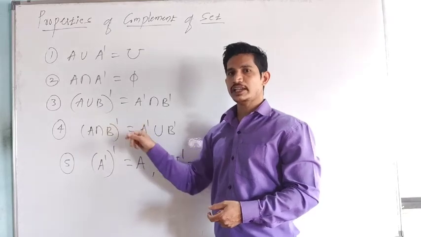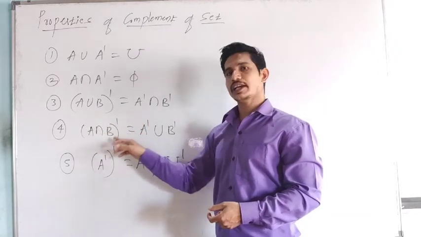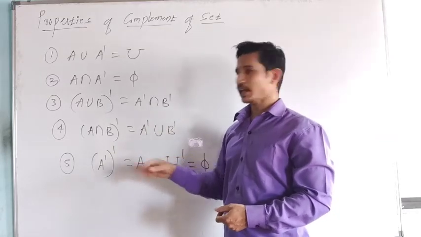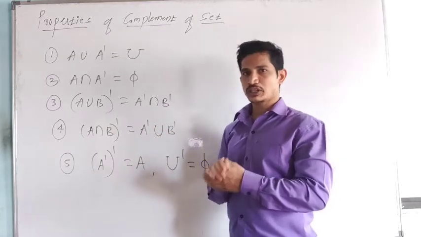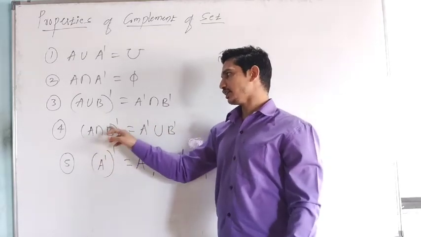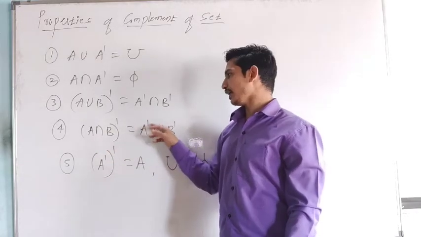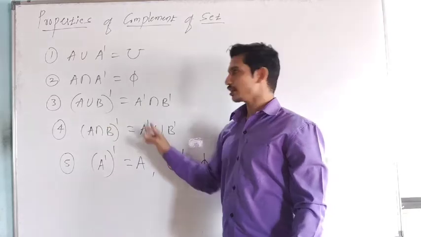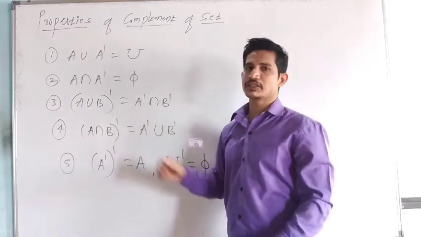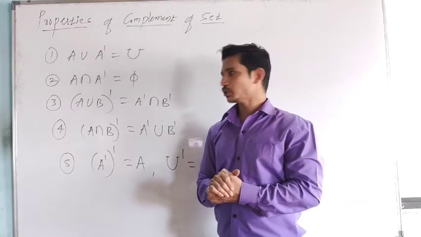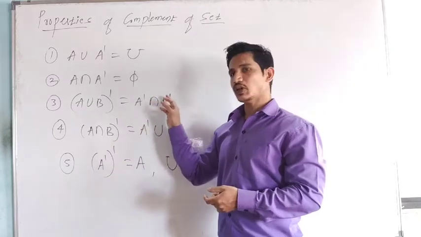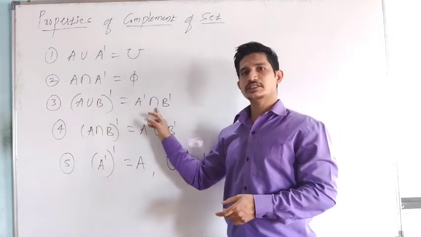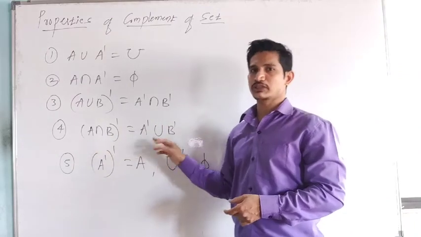Intersection's opposite is what? Union. So in the intersection, union is the opposite, and B is dash of what here? B dash. So always, A intersection B its dash is what here? A dash union B dash. If intersection is there, union will come. If union is there, intersection will come. Okay, so what is this called here? It is called the complements of a set property. If there is a union, intersection will come; if there is an intersection, union will come.